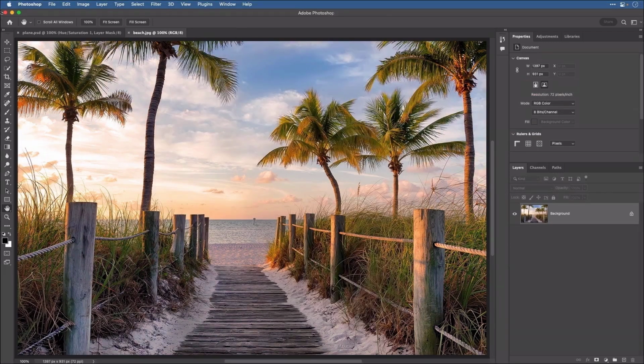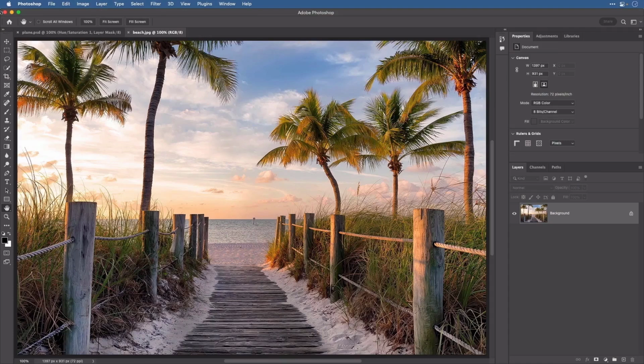Let's talk about the best ways to save your photographs in Photoshop. In this tutorial, we'll cover saving your photographs in the formats you'll use the most: PSD, JPEG, and PNG. The workflow we'll be using is to save a master version of the file in the PSD format, because that will retain all your edits. Then you'll make copies of that file in other formats, like JPEG or PNG, if and when you need them